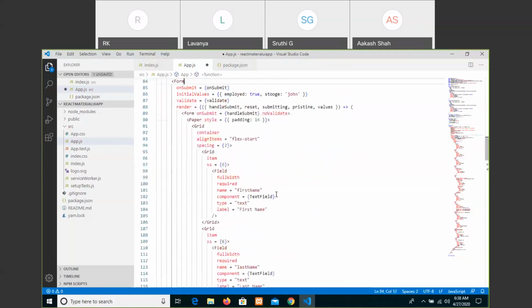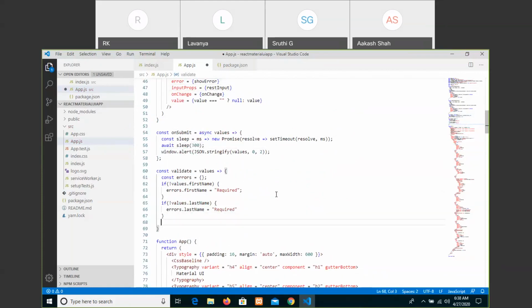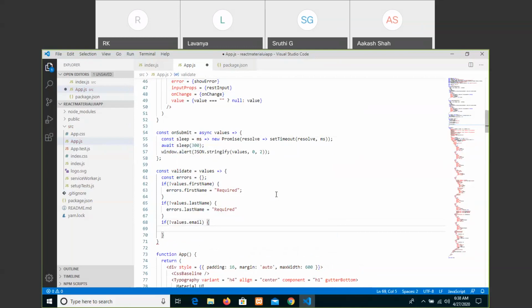So if logical not values.email, errors.email equals required.